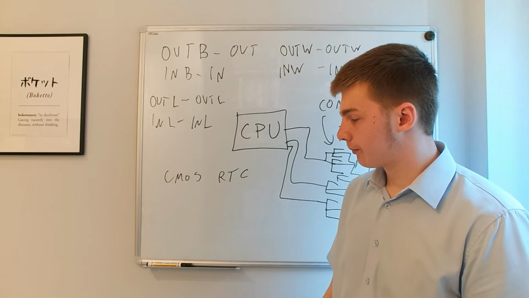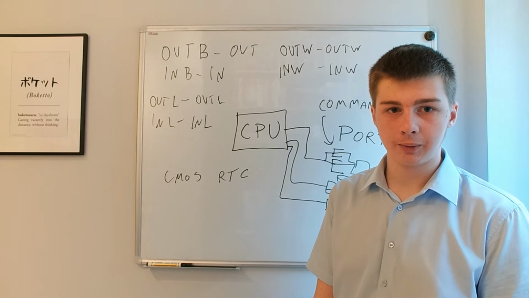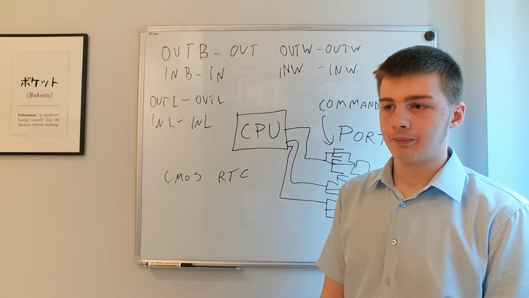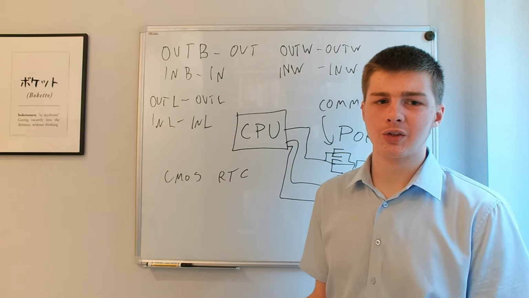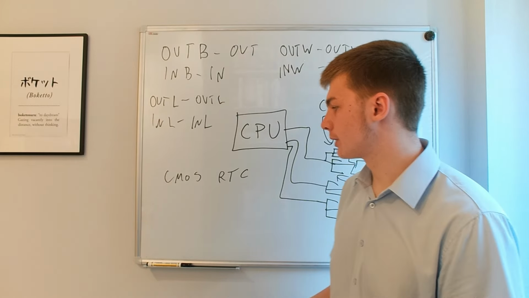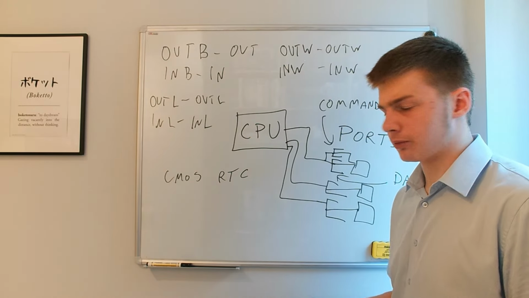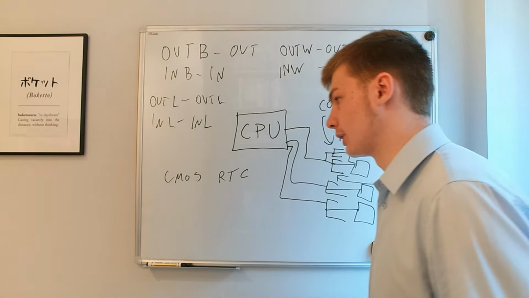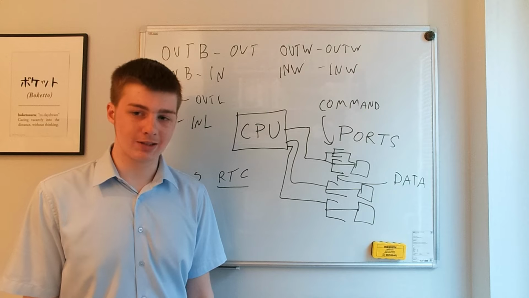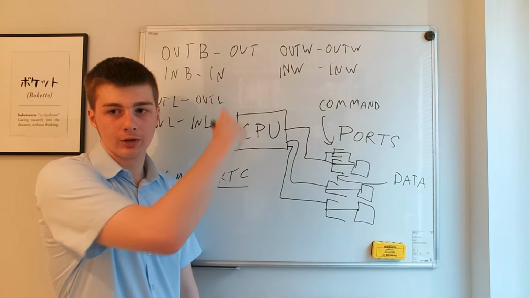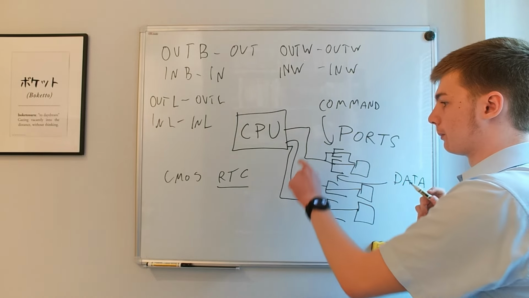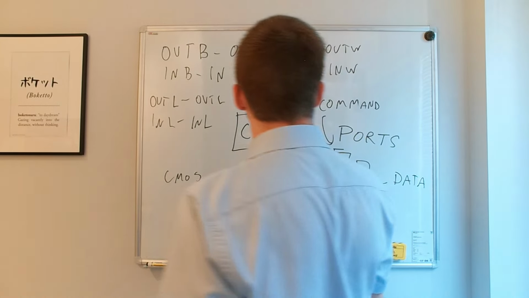Most people know that CMOS stands for complementary metal oxide semiconductor, and basically it refers to an NPN transistor, a PNP. What is meant in this context is that this clock is built on top of such pairs. That doesn't matter that much, but basically, you're most likely going to have a CMOS clock, and one of the things it does is being a real-time clock. It is actually extremely easy to obtain the information out of a kernel time using what I have described here. So, as I said, many devices will follow this command and data port mechanism, and so does the CMOS RTC. So, the command port